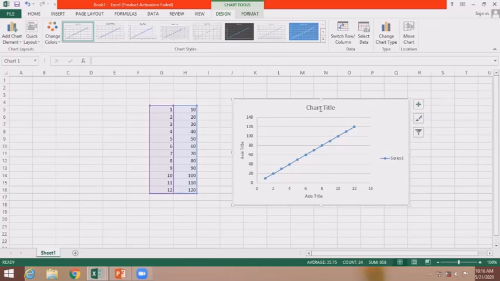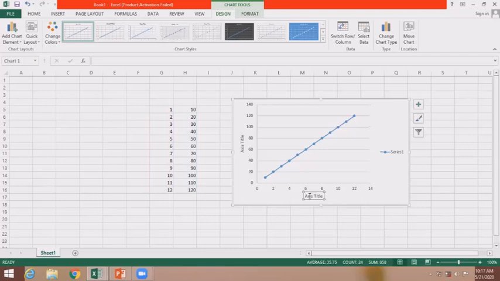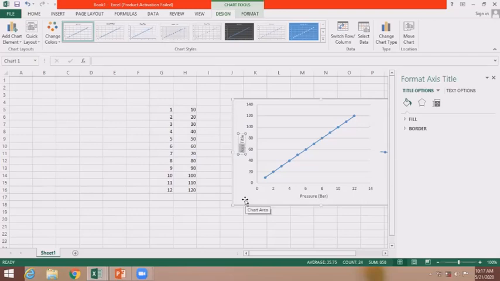Whenever you are publishing the paper, you give the figure caption, so there is no need to show the chart title here. So I will delete that chart title. Let's say on the x-axis, I have pressure, and let's say its unit is bar. So I will write that. Then on the y-axis, let's say temperature. So I will write temperature,